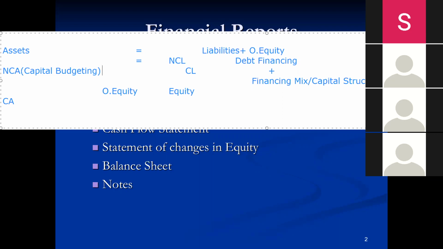So decisions regarding investment in the non-current assets or long-term assets of the business organization are referred to as capital budgeting decisions. और फिर इसकी evaluation के लिए, that whether these long-term projects are feasible for the business organization or not, we go into the capital budgeting evaluation techniques जिसमें आपने पढ़ा होगा payback method, how